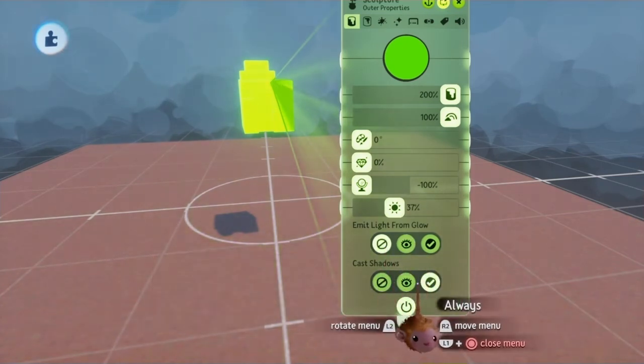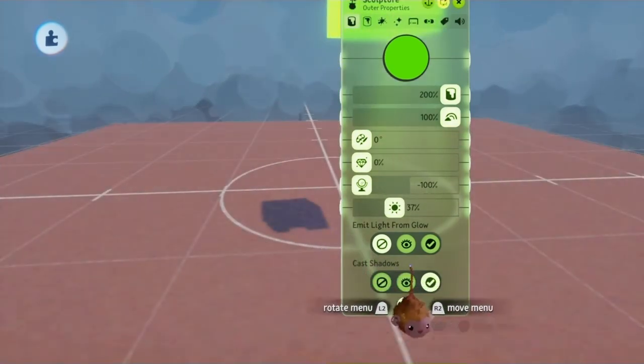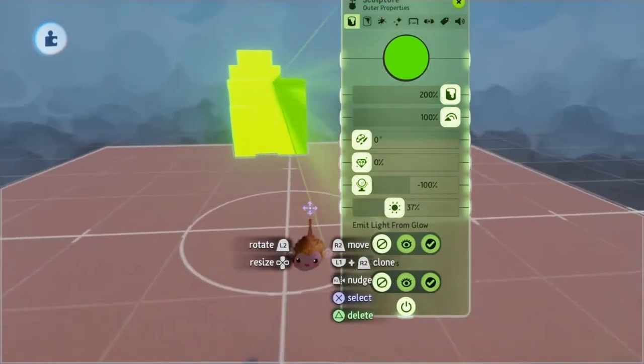So you can make it always cast a shadow, which you can't see apart from over here. So if I, for example, make this "never", you can't see the shadow anymore. Now,